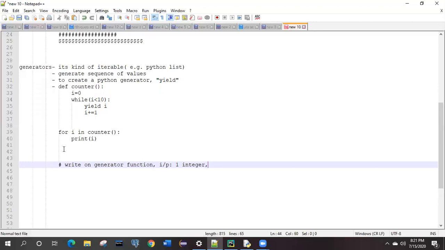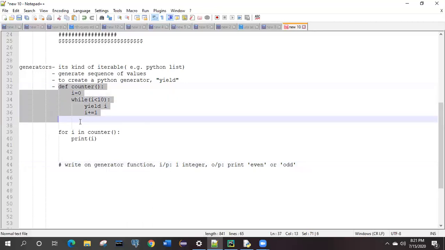And the output, you need to print even or odd, not by making use of the for loop like how we are doing. So the same code, instead of writing directly, you have to write inside one of the functions.